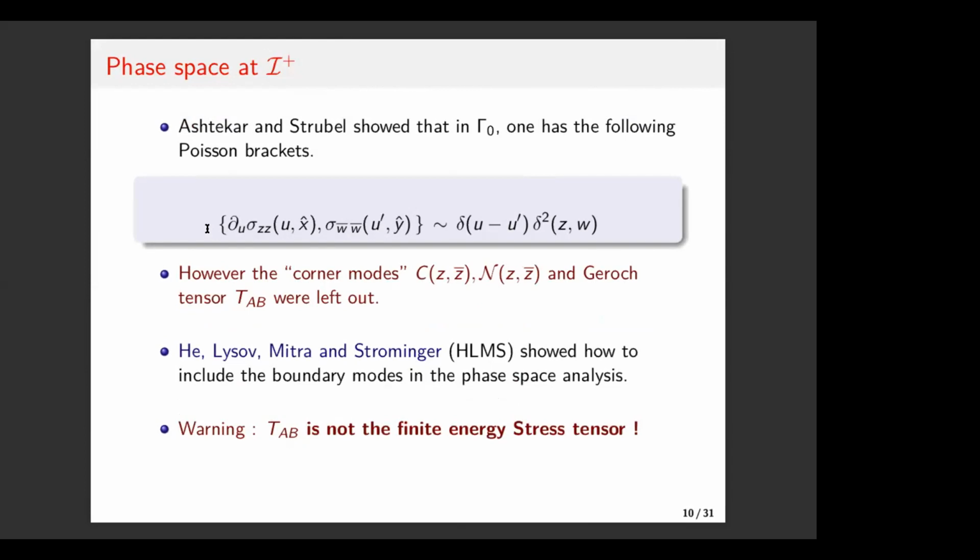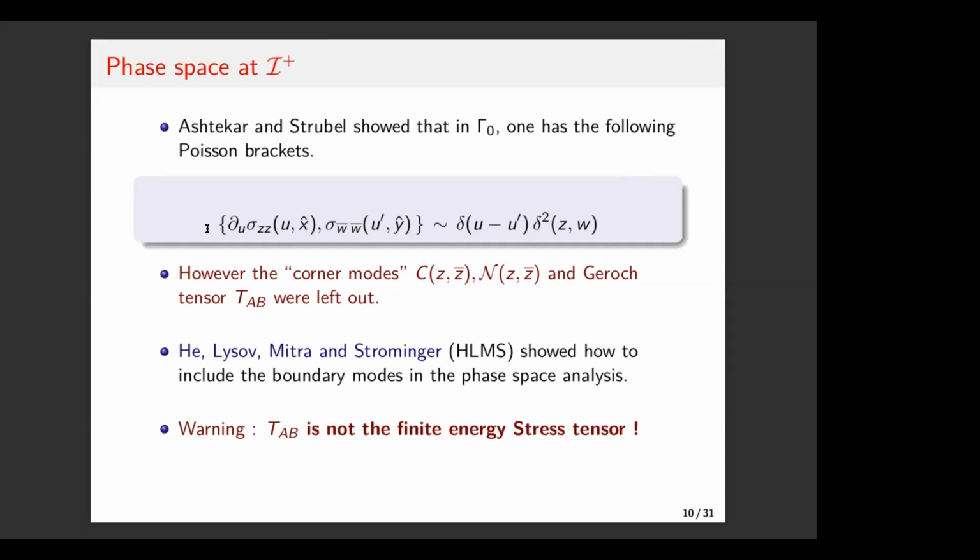However, in this classical phase space that was discovered by Ashtekar and Streubel, they did not include these corner modes, the constant shear, the soft news, or the Geroch tensor. And as far as the corner modes were concerned, they were first incorporated in this phase space analysis by Hamada, Lysov, Prahar, and Strominger, who showed that one could do quite a rigorous phase space analysis by including the C